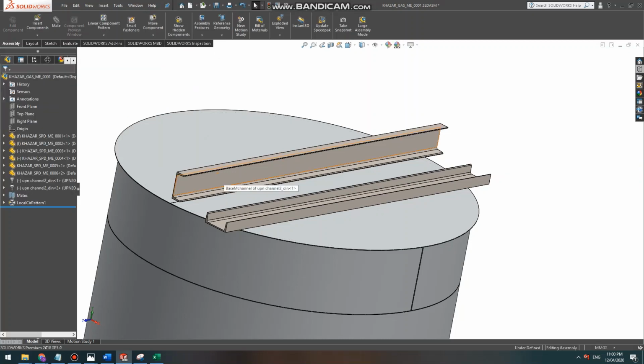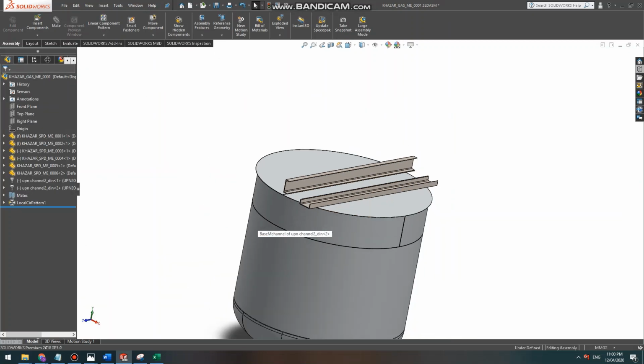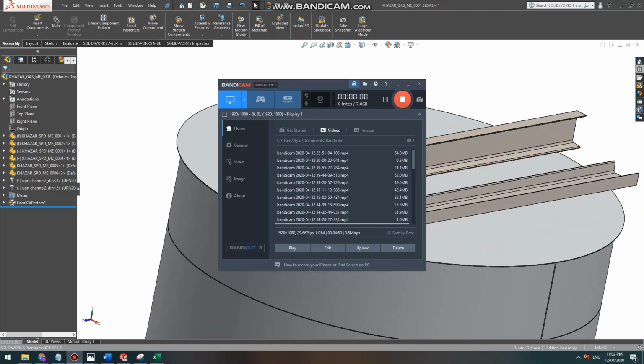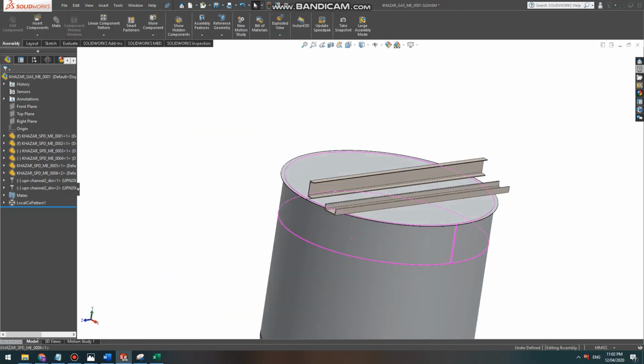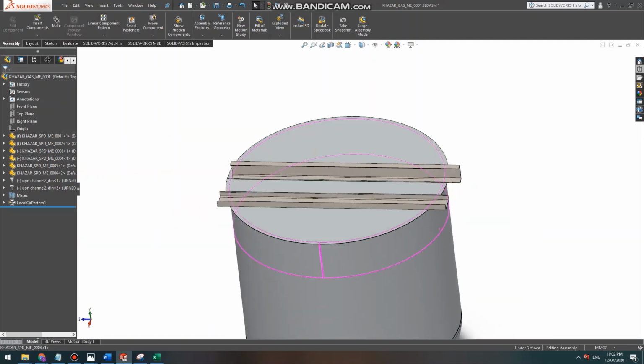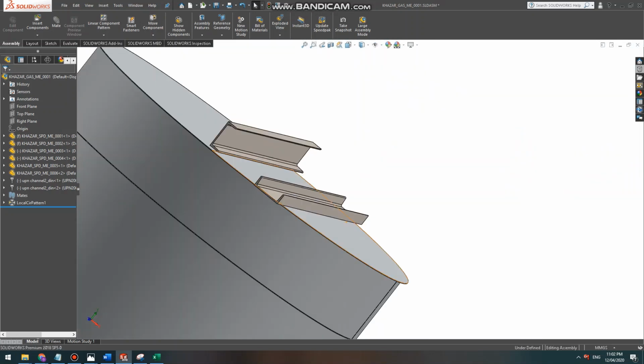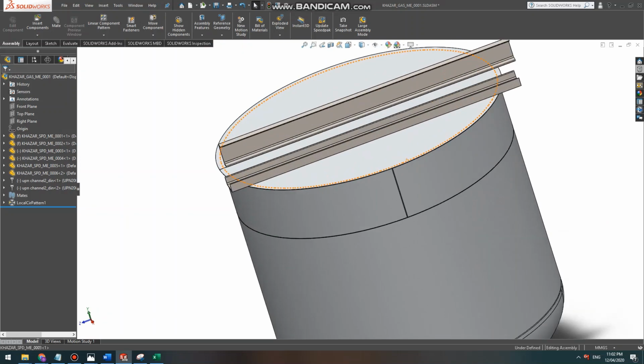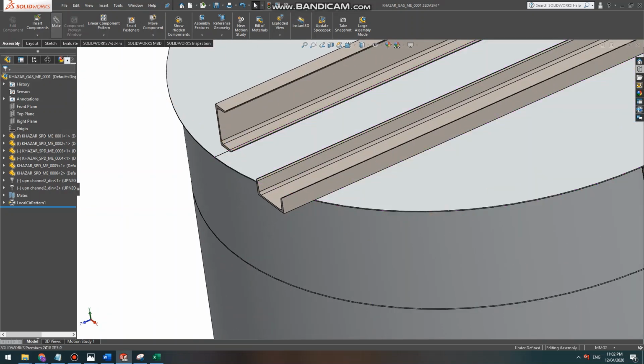And yeah, we need just two of them. And as you remember, I showed you their faces should look to each other. The outward should be... So we just do mating here. So let me look at it. Yeah, we do mate